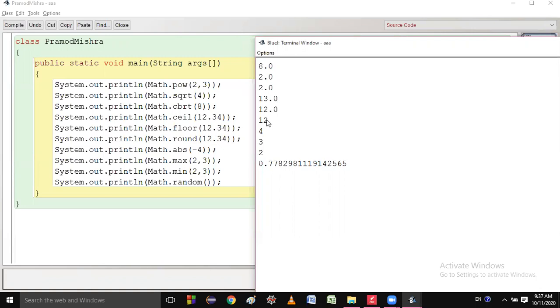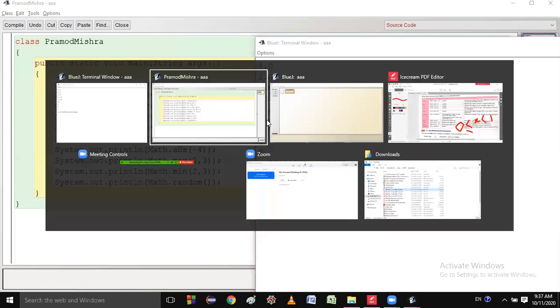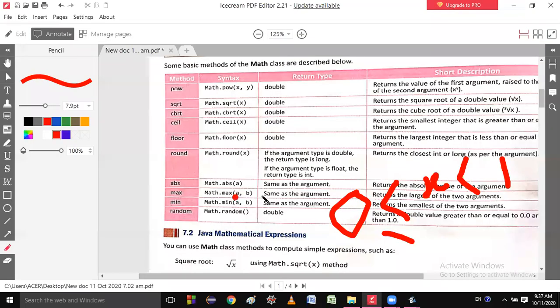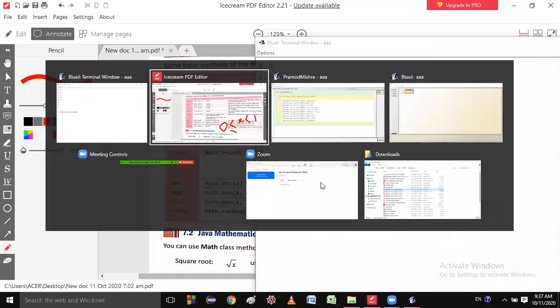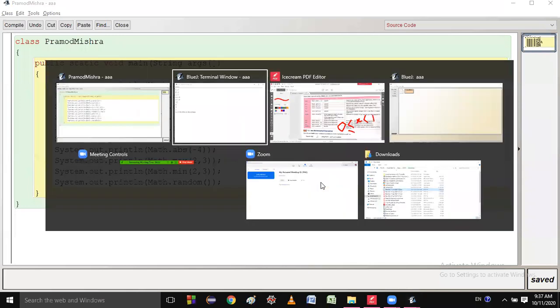If you give the value in float, then you will get int. Round: if the argument type is double, the return type is long. If the argument type is float, the return type is int. So that's why you are getting an int result. Is it okay?